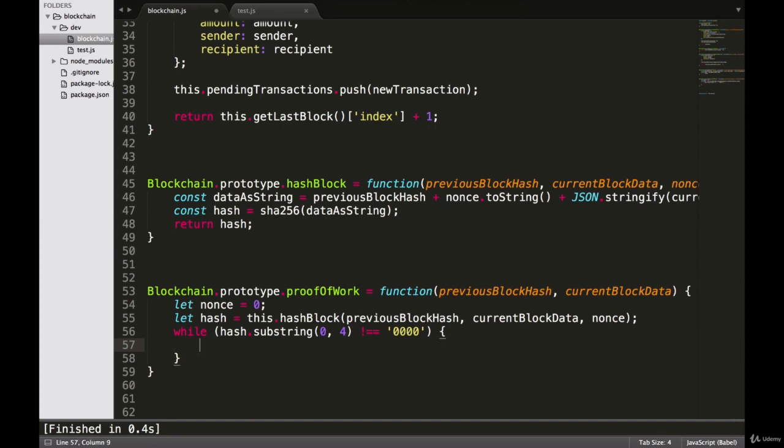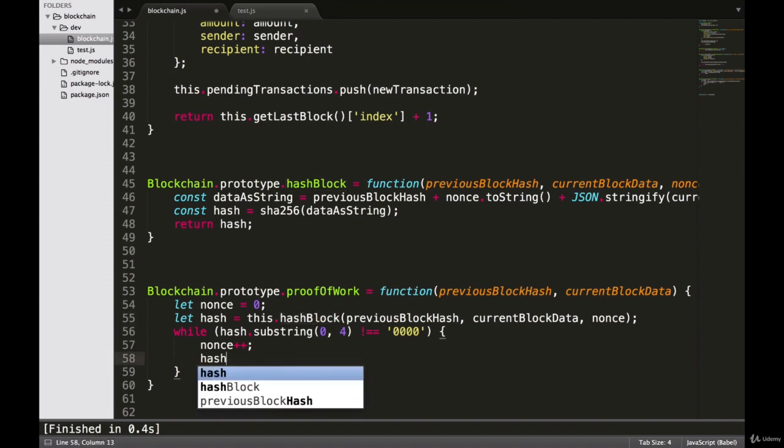So inside of our while loop, if this original hash that we create does not start with 4 zeros, we want to run our hash again, except this time we want to do it with a different nonce value. So the first thing we're going to do in our while loop is increment our nonce by 1. So we will say nonce plus plus. Now our nonce is equal to 1. Then we want to run our hash block method again. So we will say hash equals